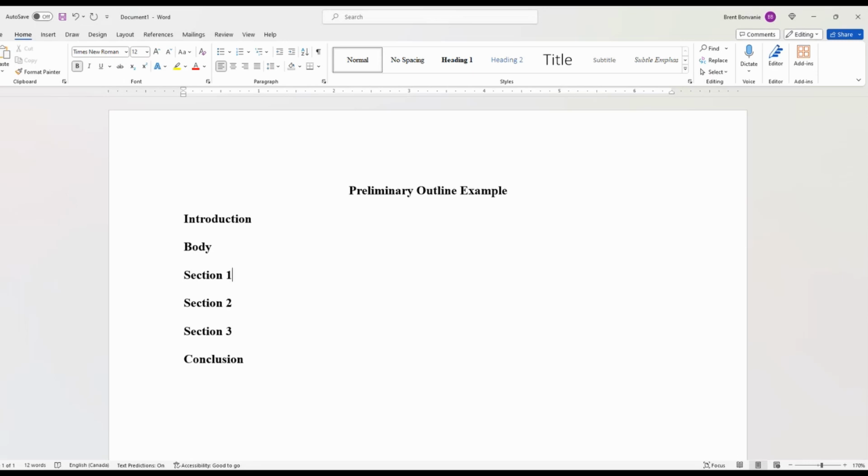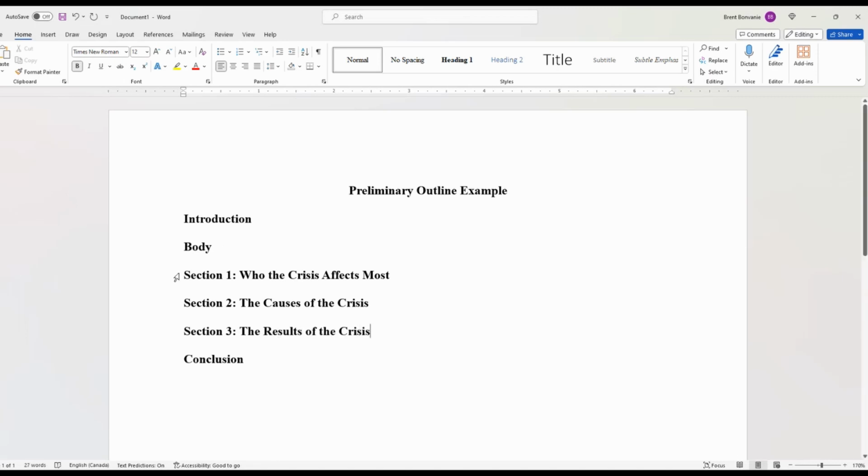And now let's fill this in. So using our previous examples from the family doctor crisis, we might say Section 1 should be on who the crisis affects most. Section 2 should be focused on the causes of the crisis. And Section 3 will look at the results of the crisis.